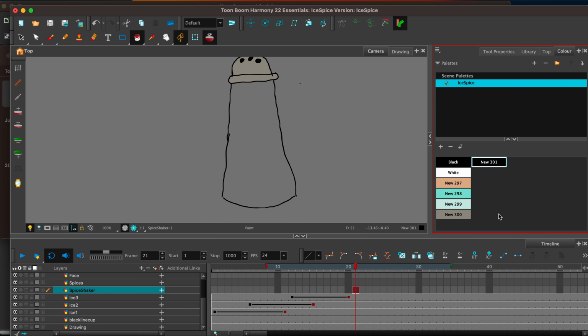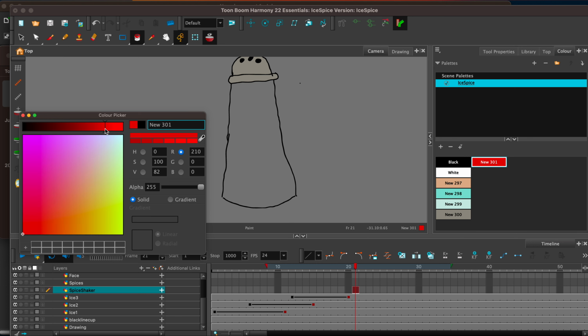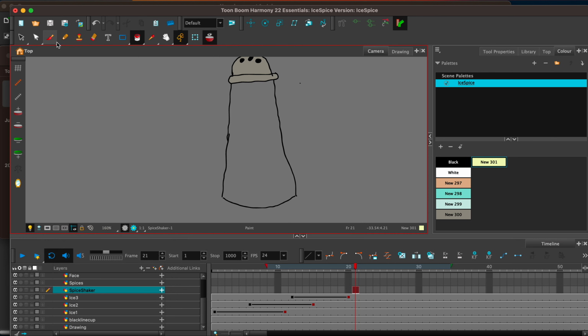And then I'm going to do sort of like an orange spice. So we're going to go like here. Or, actually, I've got a better idea. We're going to go like a yellow white. And then I'm going to write the word spice on it. I see the problem. Option B, black. Let's color in these little gaps. Make sure that the gaps are shut. All right. And then I'm going to write,